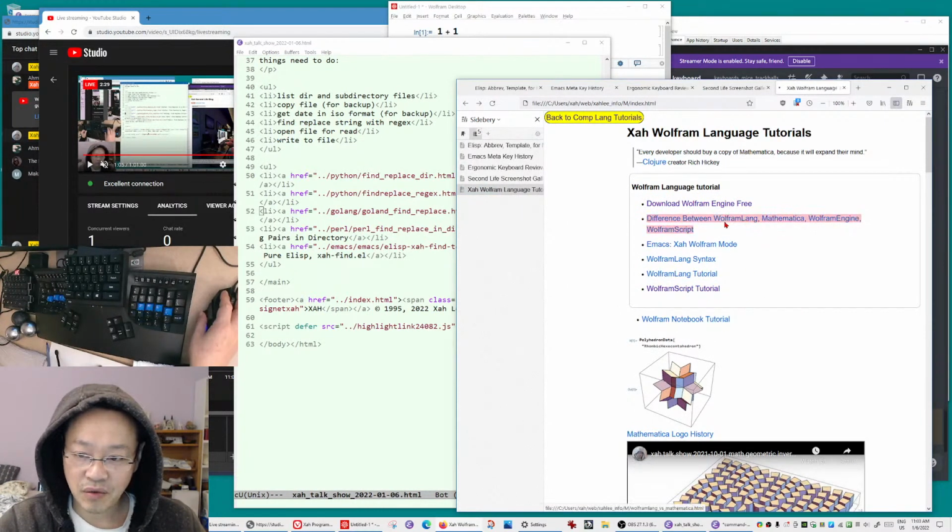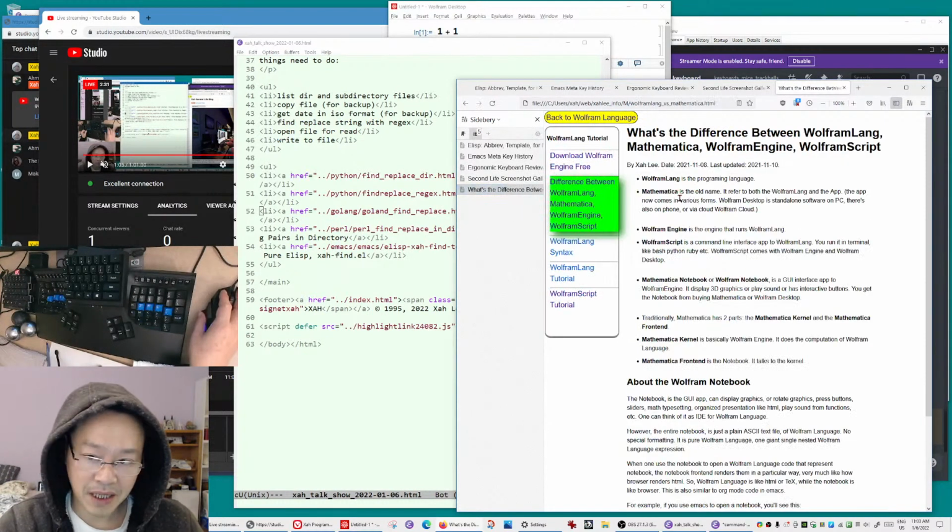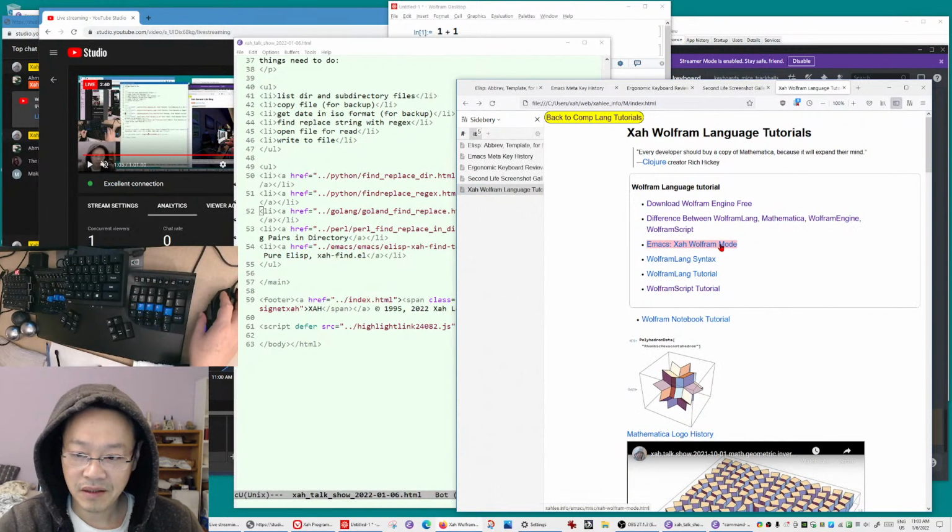And then I tell you what's the difference between Wolfram language, Mathematica, Wolfram engine, Wolfram script. What are the differences? It's kind of confusing. So here, then